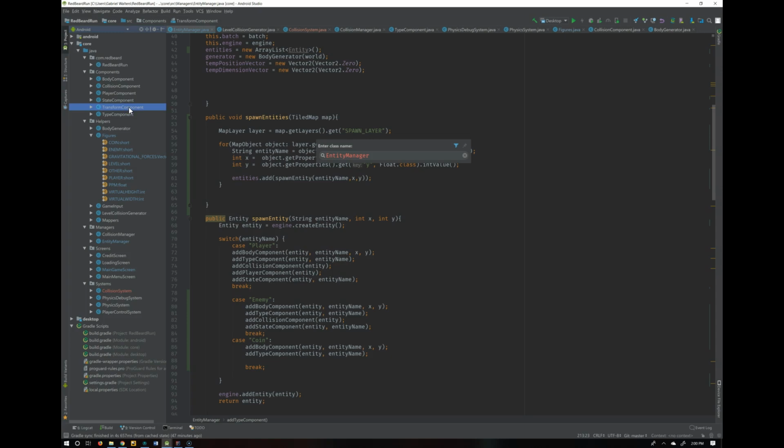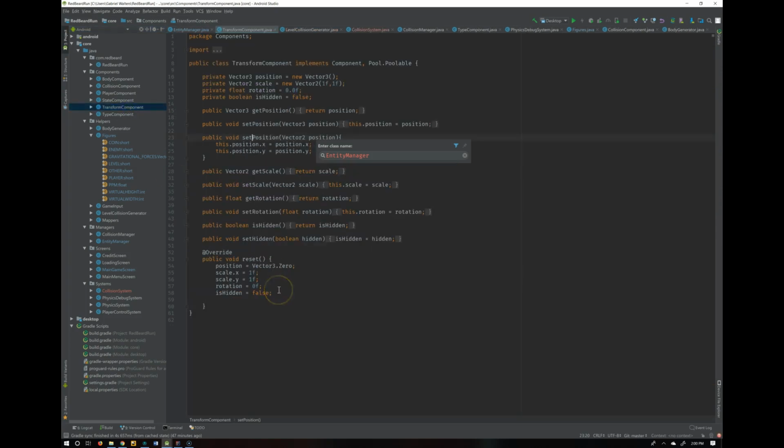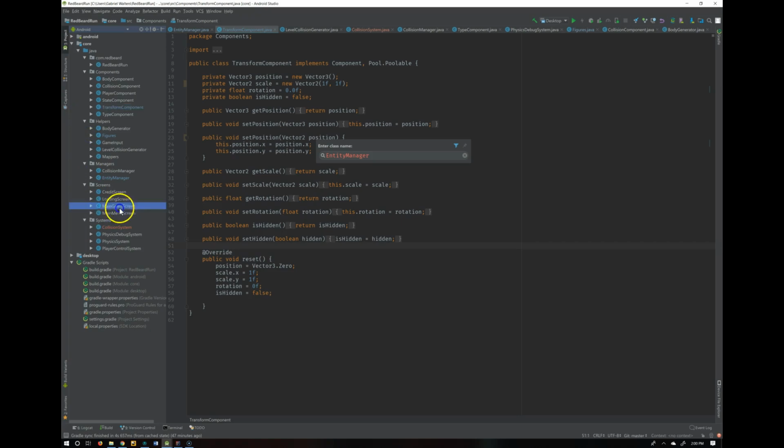Okay. We will need to start adding for the transform when we're going to start dealing with a bunch of movements. We put it in the level collision generator, but this is where we are going to be holding if we need it to disappear while we're getting ready to destroy it and all that stuff. Okay, so that is basically how we're going to set up the collision system. Then all we need to do is go into our main game screen and we can start adding that in. So main game screen,